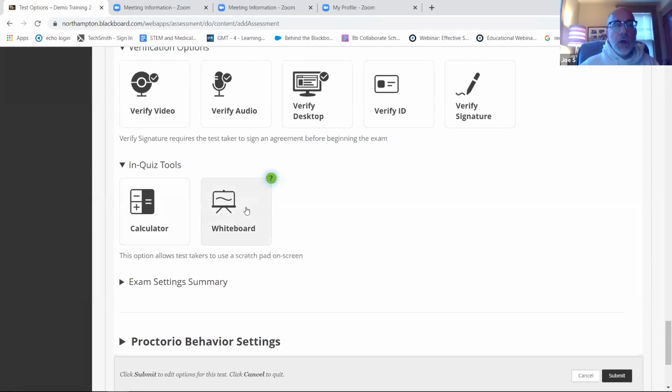And these tools are available when the student is taking the exam. Once they get to the point of being in the question set, there will always be, they can hide it, a little box that rolls with the exam that shows the video camera. It'll show them in the camera, and the tools and other things are available to them underneath that video camera box, including the calculator that they could turn on and turn off if you allow it, and the whiteboard they can turn on and turn off if you allow it.